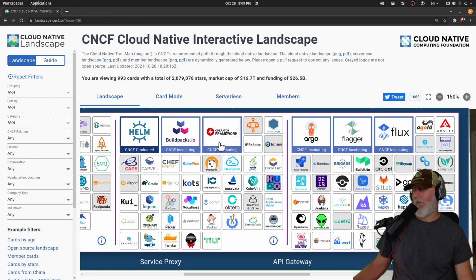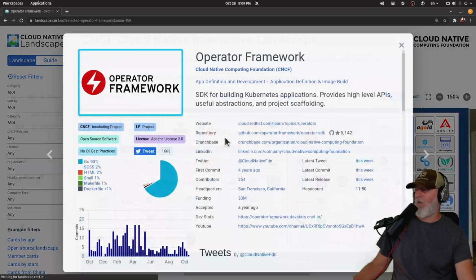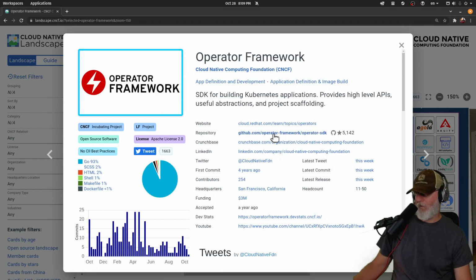No, I don't even know what the operator framework does, so don't listen to me. I want to figure out what it does. I know, but it doesn't require Helm. Please tell me it doesn't require Helm. Please tell me it doesn't. Okay, fine. I'm getting sucked down into the black hole here.